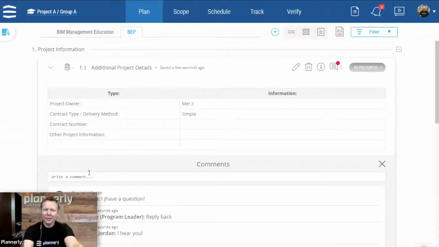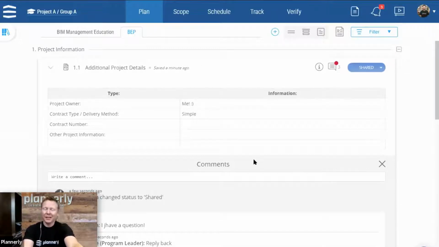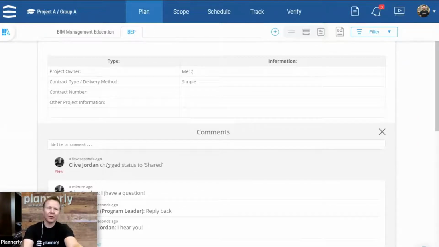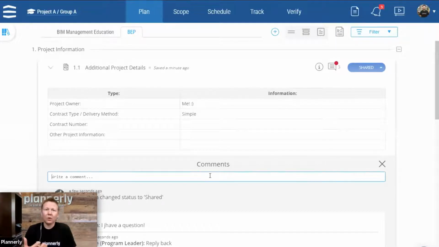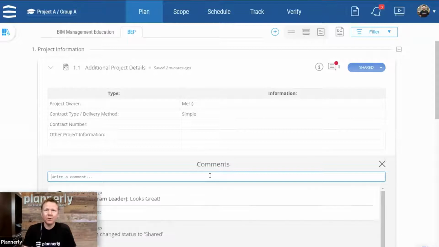So me as a student, I would then want to change this from being in progress and sharing it with my professor, lecturer. And if I click shared, you see the change in the status, and also it records that progress there. So you can see I've changed it to shared. And it means that I don't have to keep submitting work through lots of different systems. That would email my lecturer, my professor, and tell them that I have shared something ready for them to review. Maybe Louis would want to dig in and reply back in the comments, or if he was satisfied with the work, you could approve it.